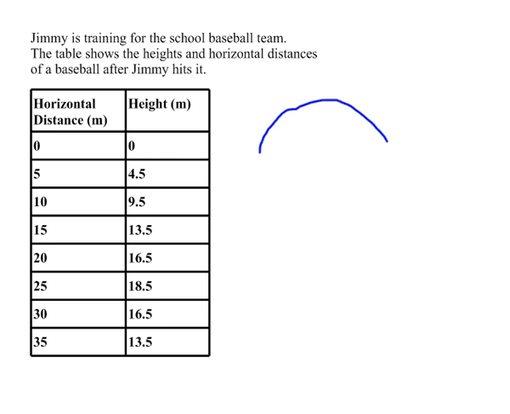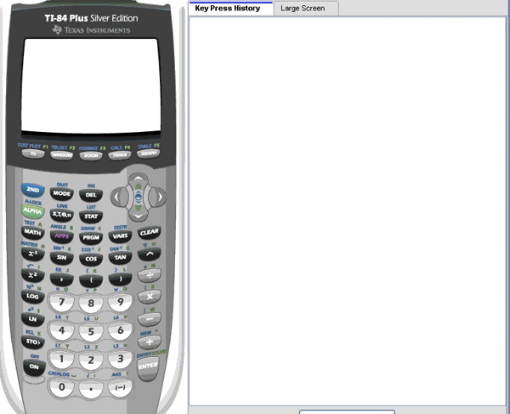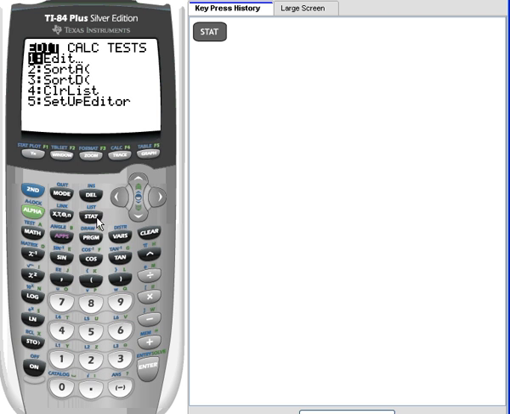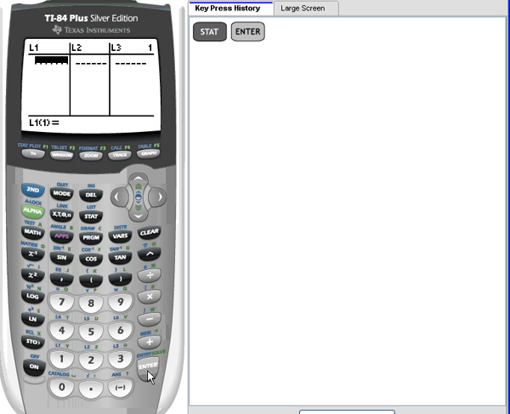I can do it by hand and actually go and plot the point 0, 0, plot the point 5, 4.5, 10, 9.5, etc. Or I can go use the graphing calculator. So with the TI-84, we can enter the data into the calculator. So since we're working with statistics, we will press Stat, Edit. I'll press Enter. And I can put into L1 all of the values for X, and in L2 all of